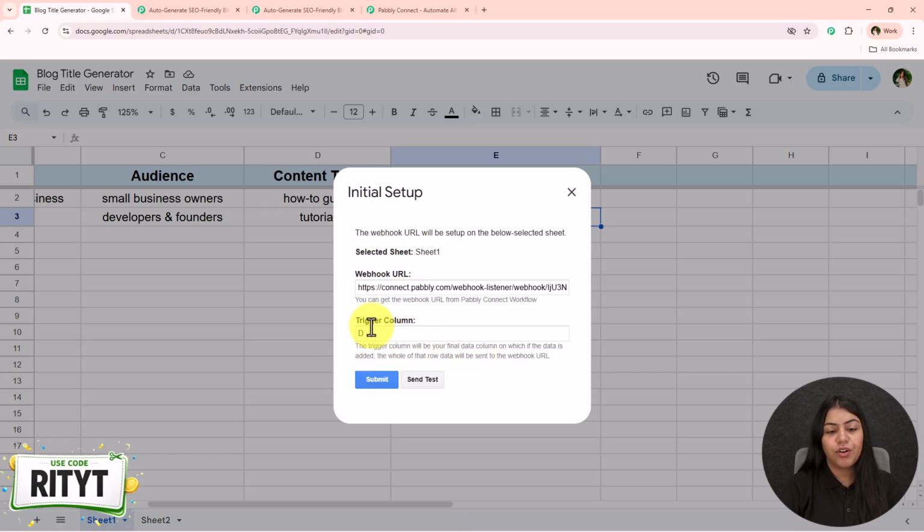So for me, the trigger column is D because I want to send 4 details towards my webhook URL, which is towards my workflow. If you want to send 3 details, for you, the trigger column will be C. If you want to send 5, it will be E, and so on. It totally depends upon your spreadsheet. After entering both of these details, click on this submit. And now it is saying setup configured